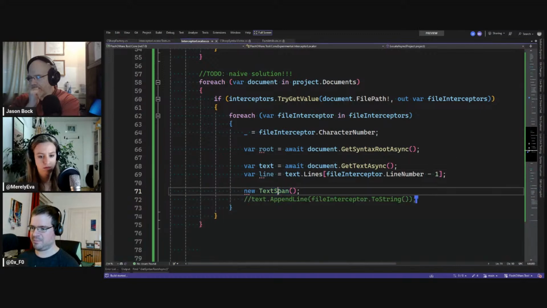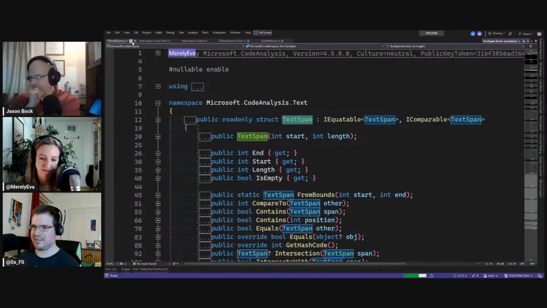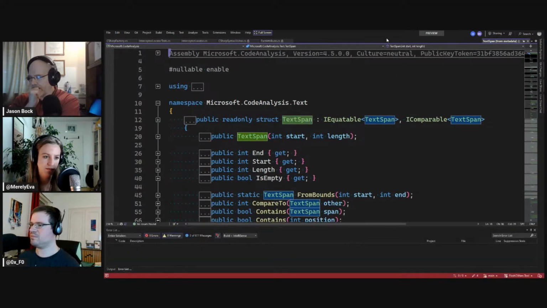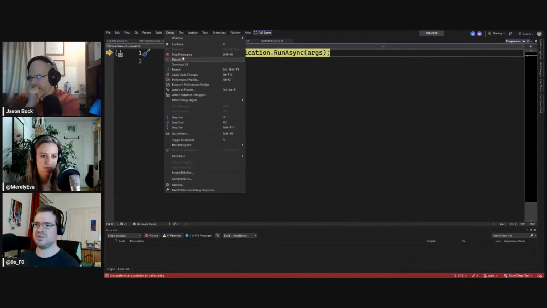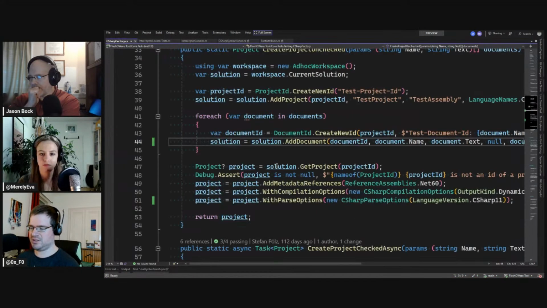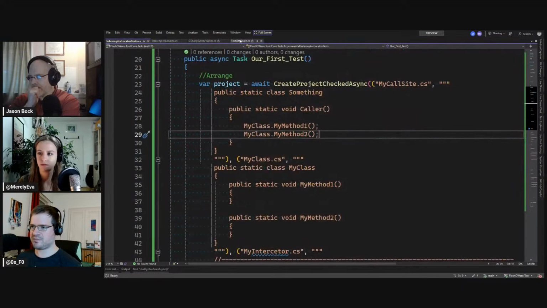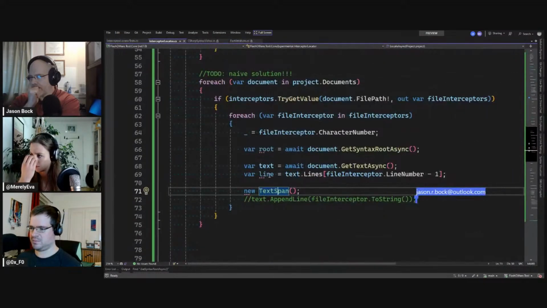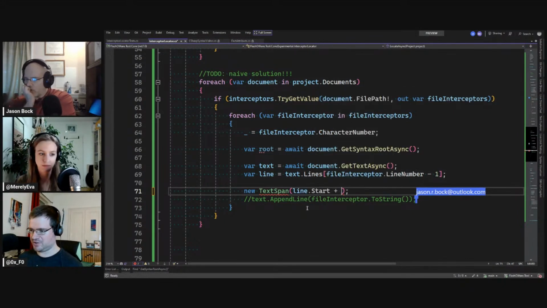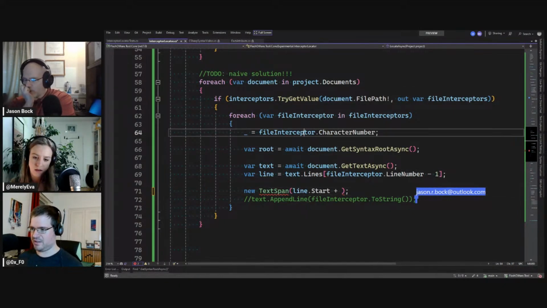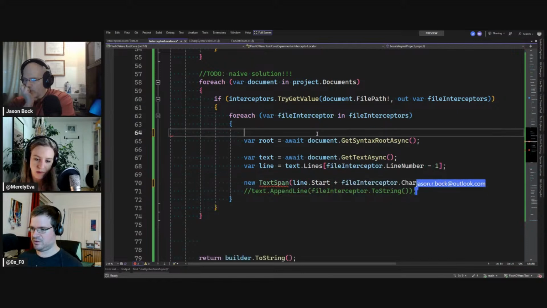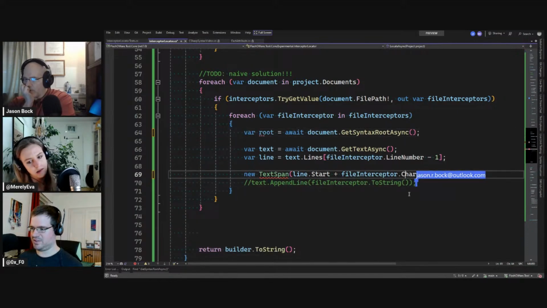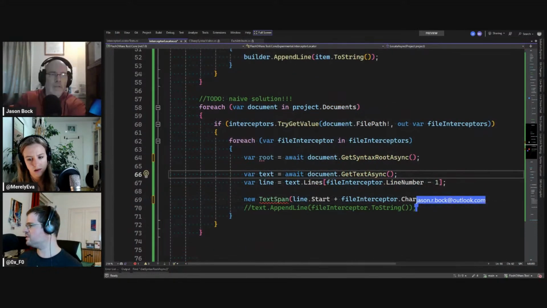Text span gets a start and a length. I need to stop debugging because I hit F11. We know that the line has a start, and we just add the character number. But this is now 0-based, so we need to say minus 1.